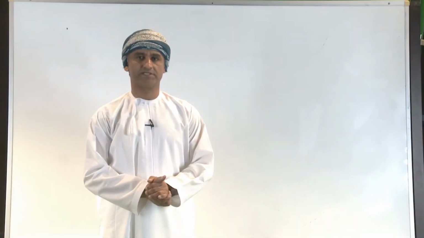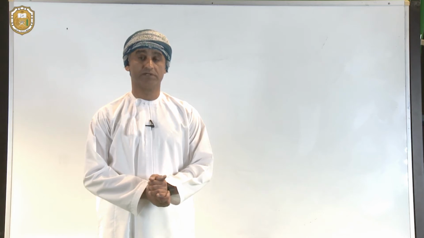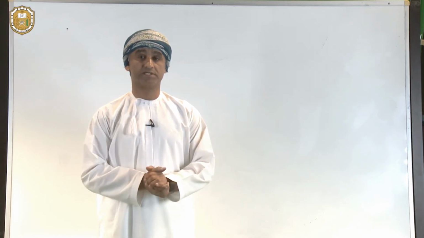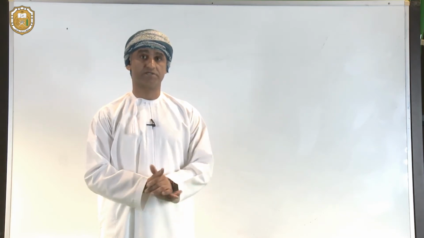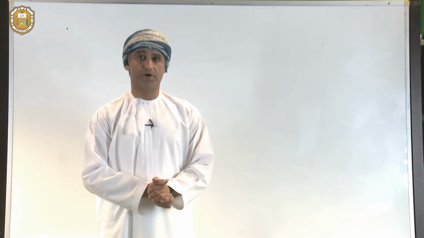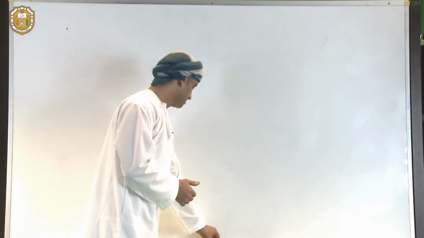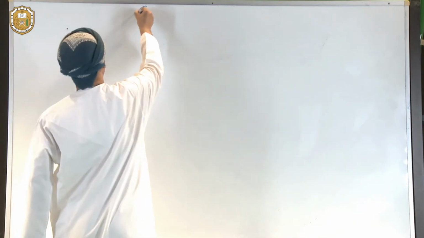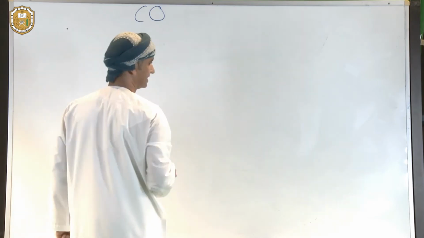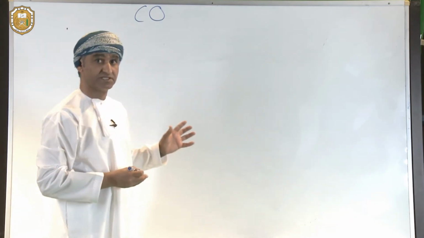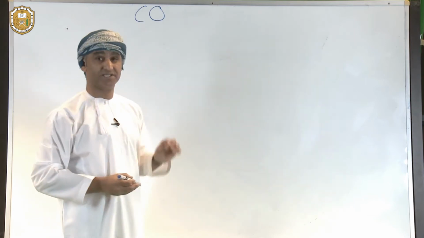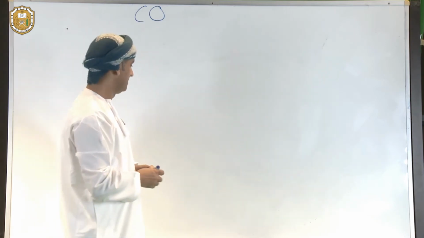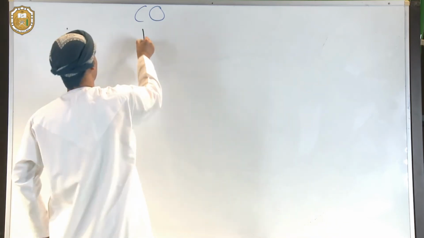Let's now take another example, carbon monoxide, in order to illustrate the method, which is slightly different from the method that we have seen before, which allows us to predict or draw possible Lewis structures. We take carbon monoxide this time as an example. This new method begins with calculating the total number of electrons in this formula, assuming all atoms obey the octet rule. So the total number of electrons